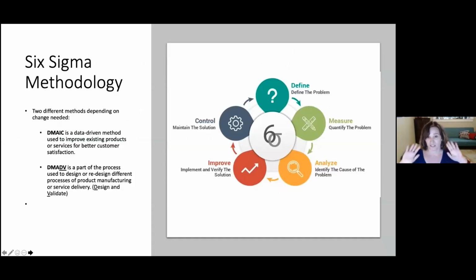So the methodology, there are a bazillion acronyms in Six Sigma. There are a bazillion tools for Six Sigma. It really has become a whole sort of industry in and of itself. I'm just going to give a brief overview, but the methods, really two acronyms for the methods, and